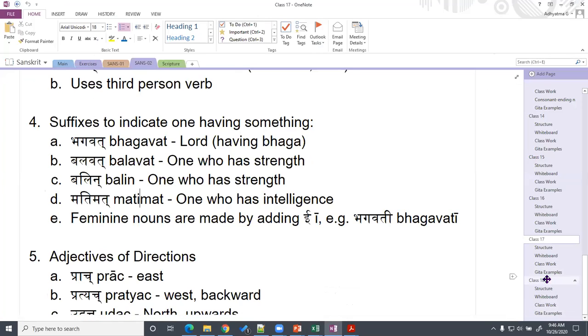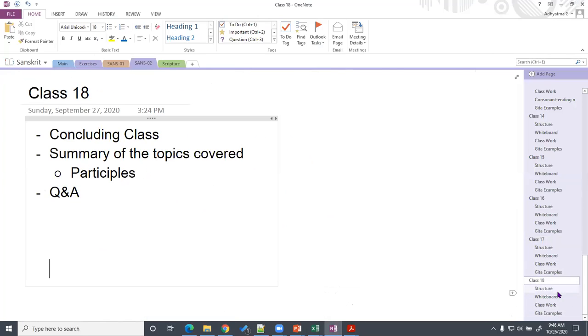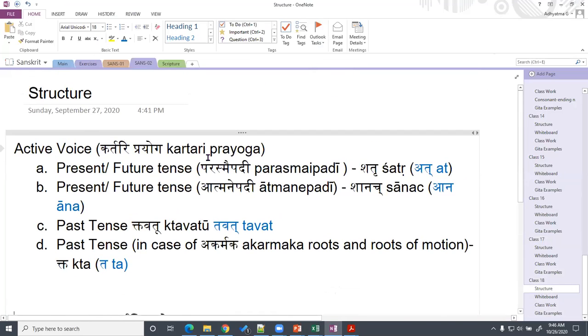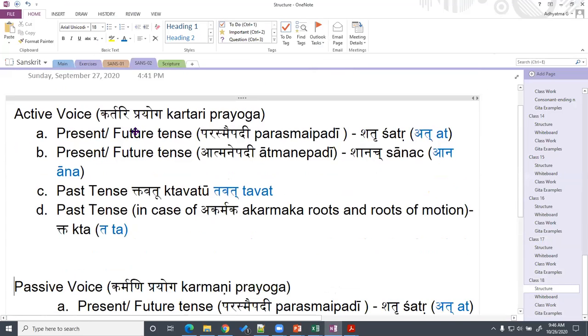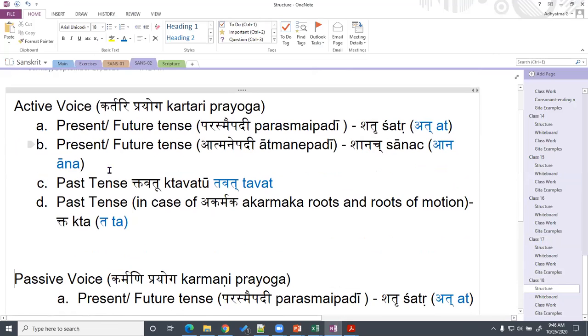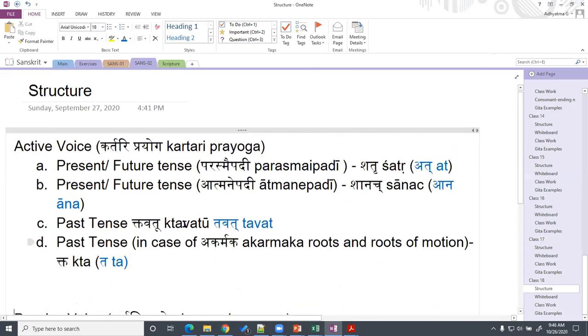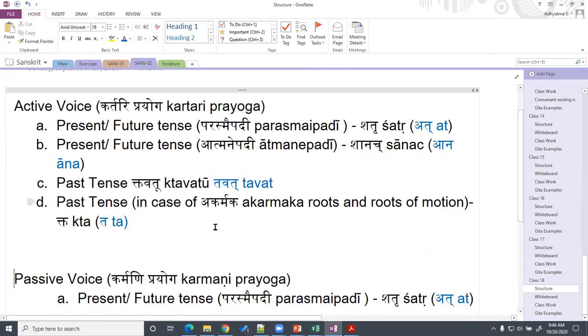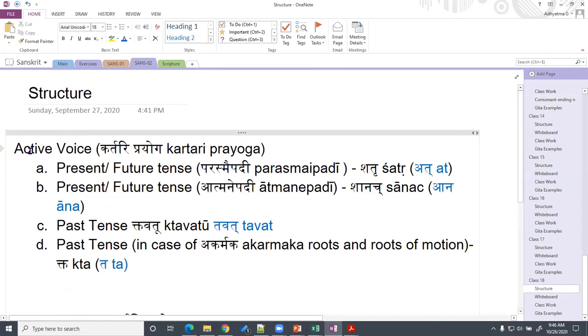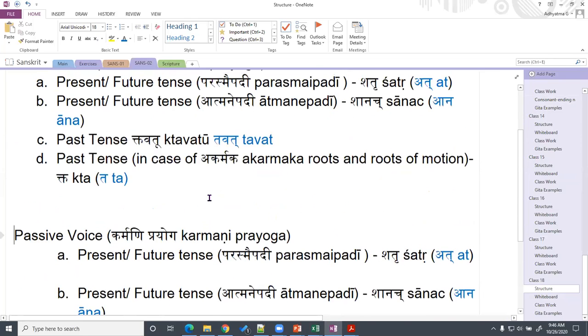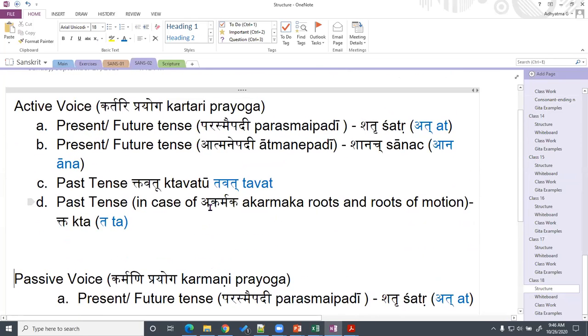I just want to also go through the participle, because that was one topic. You can understand participles from this perspective also. We have all the videos and class notes, and you can take a look at them. But if you want to understand it in a very basic way, think of it this way. We have participles for active voice and participles for passive voice. What is a participle actually doing? A participle is replacing the verb form.